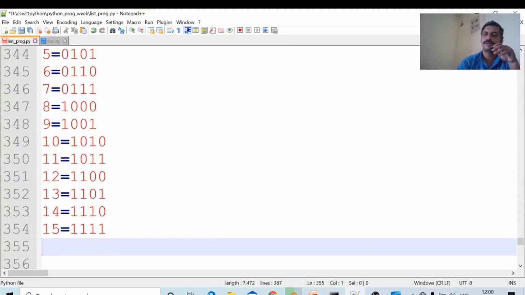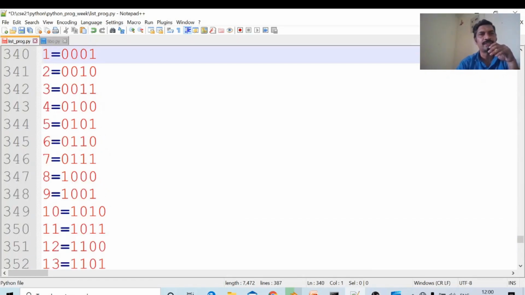Okay, now we will see the AND operator, the bitwise AND operator.